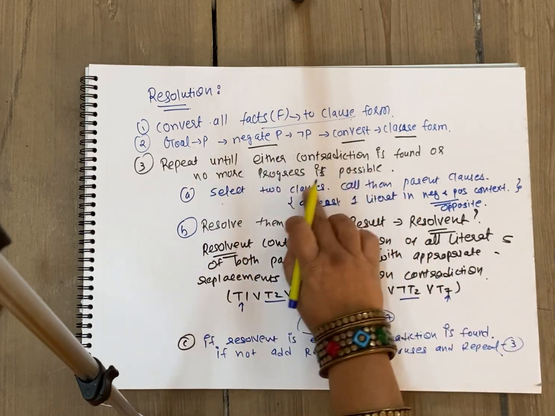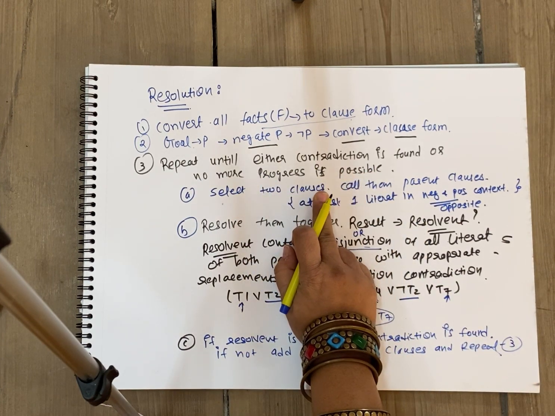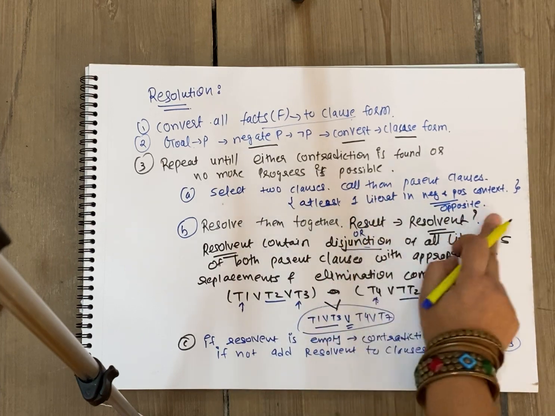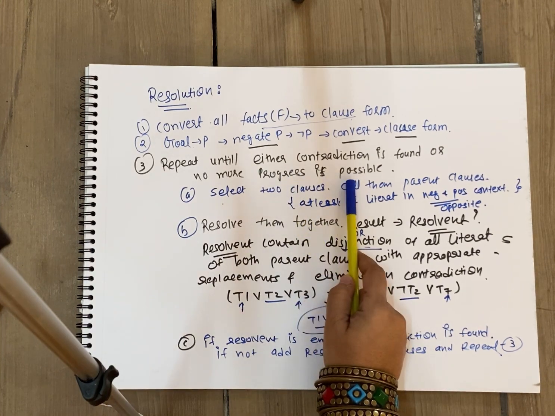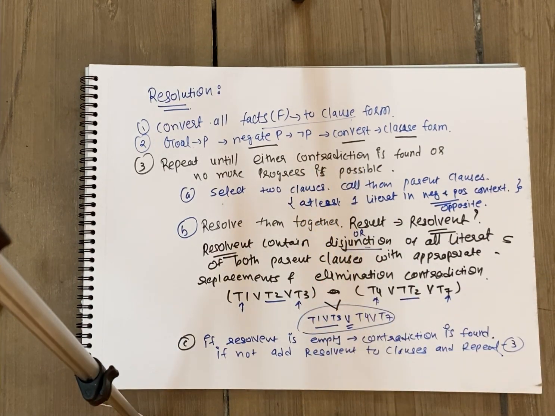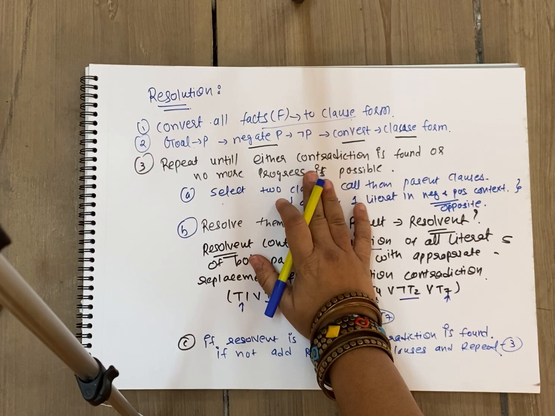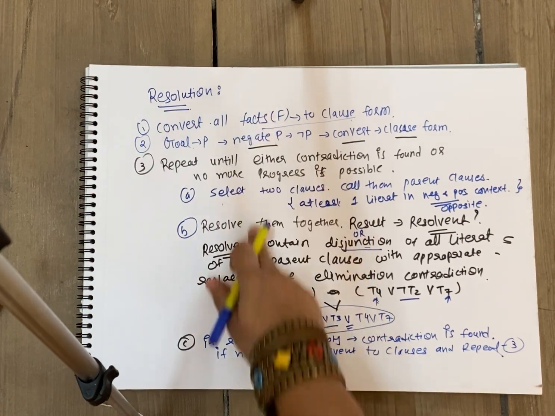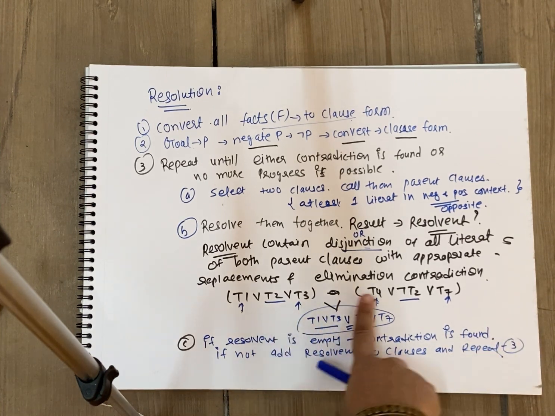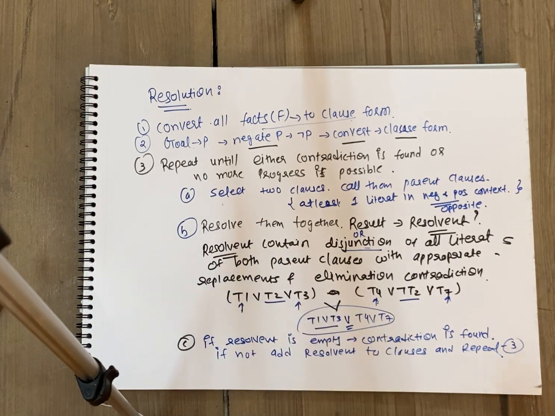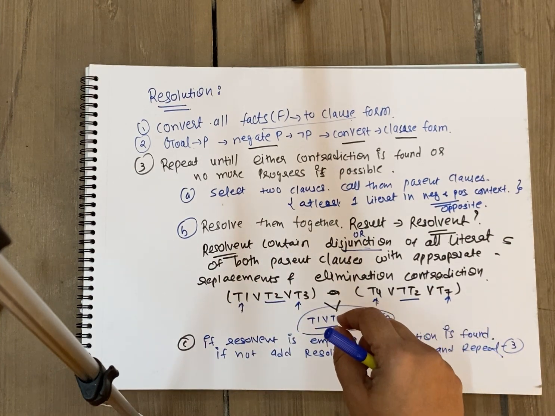Step number 3. So once again we will be selecting the parent clauses, and then we are going to select two parent clauses. Then we are going to check whether resolution is possible or not, and we will keep on doing that until no progress is possible or contradiction is found. So this algorithm is called the algorithm of resolution for predicates. This is something which has been asked in a few of the question papers as the algorithm itself. Writing these many steps will get you 7 marks. You need not explain that with the help of an example, but yes, this kind of short explanation along with the text will help even if it is not given in the book. So this is all about resolution.